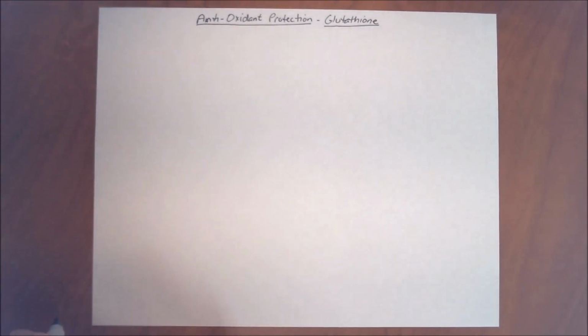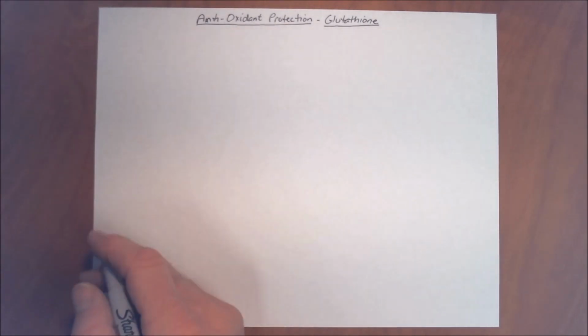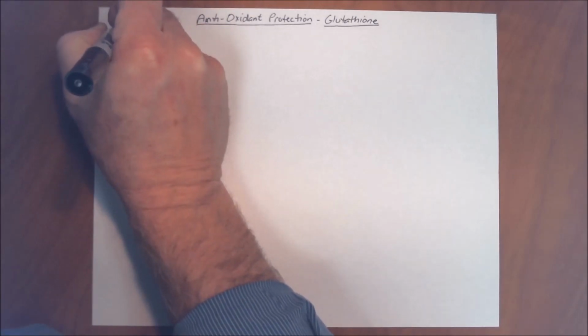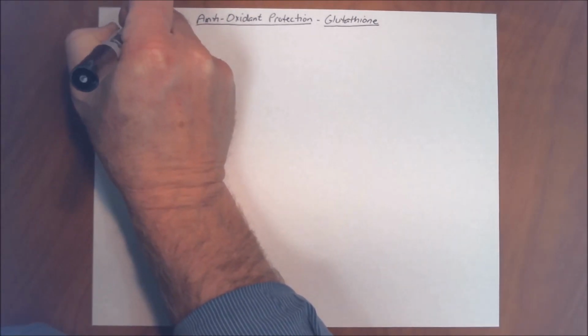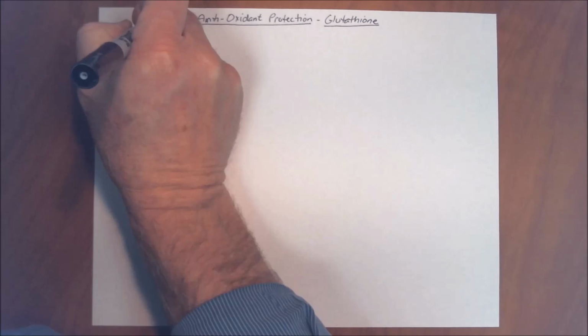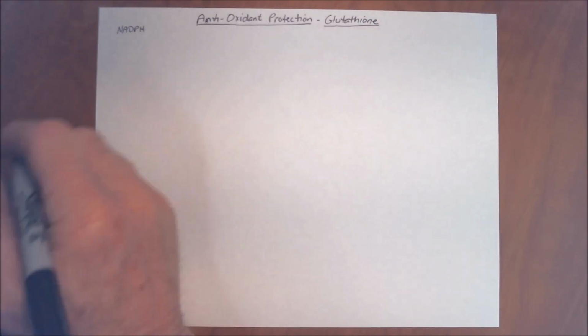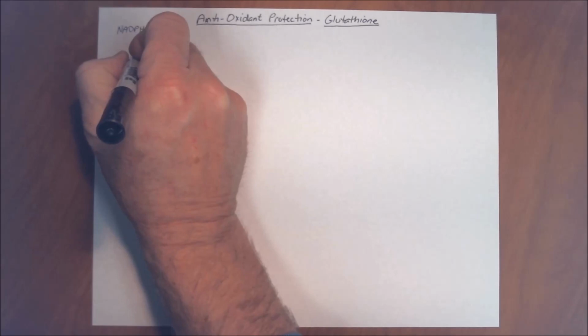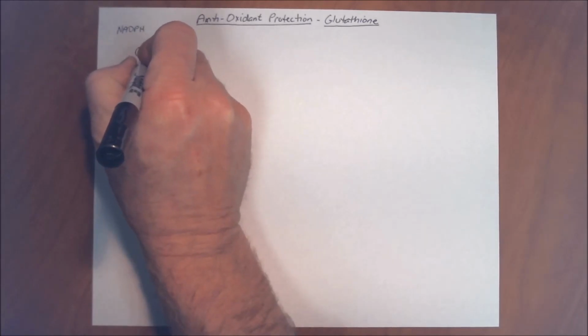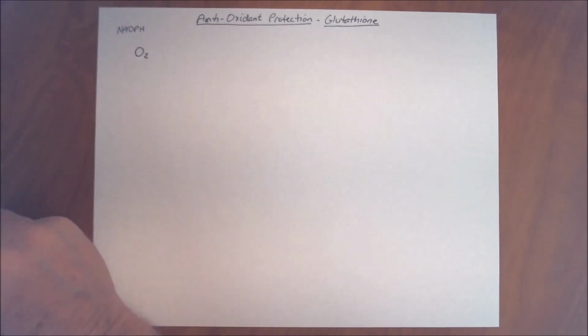Okay, now let's take a look at antioxidant protection using the glutathione system. The reason this is important is because we are going to see a very important use for the NADPH that we have generated from the pentose phosphate pathway. So oxidative damage to cells occurs in many different ways, but a primary pathway we can look at is involving